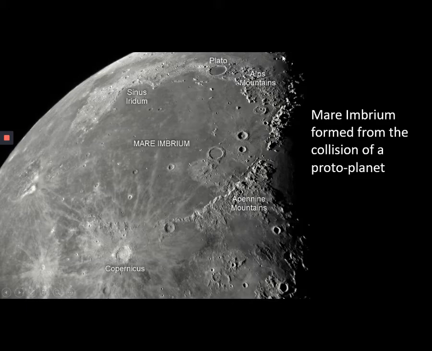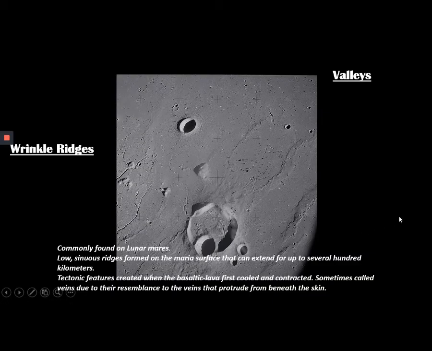And again, because you can see this terminator line, which is the darkness coming in here, you really get the nice shadowing there, which reveals some of the features. And there's Copernicus crater, which is one of the craters you will need to be able to pick out. Okay, now on the list, if you look back at the list of things you need to know about,